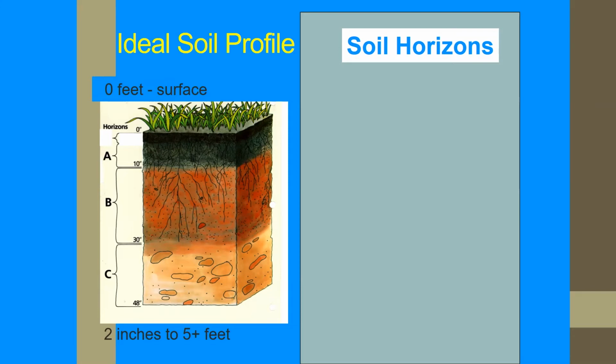And of course, we do have root penetration deeper than that, especially with native plants. They can go very much deeper, which is good because it helps to condition soil, open soil up, and bring up otherwise unavailable nutrients and resources from the lower profile. But in the context of the beginning home gardener, what we're really focusing on is mostly the A and B horizons.